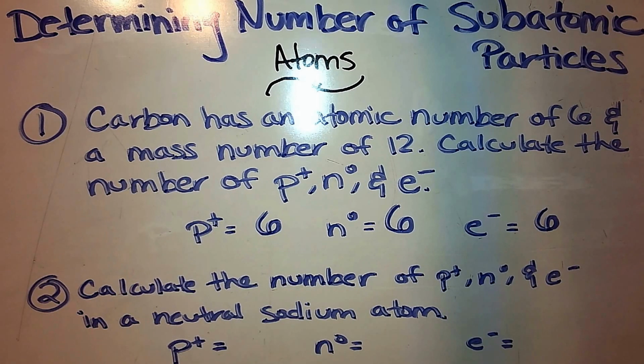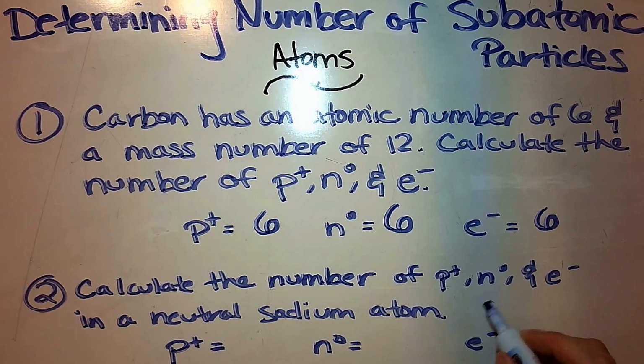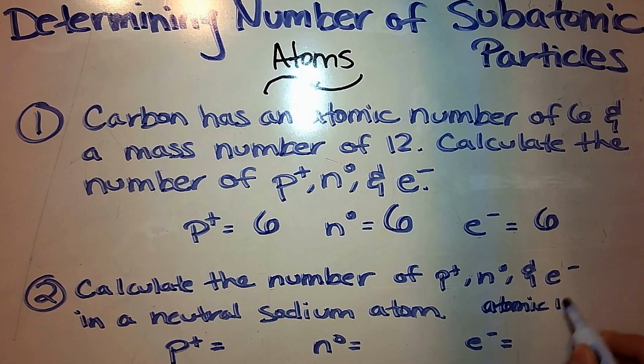Okay, number 2. Calculate the number of protons, neutrons, and electrons in a neutral sodium atom. Well, it may be beneficial with a question like this to take a look at the periodic table and find the atomic number as well as the mass number. The atomic number for sodium, so sodium symbol is Na, is 11. And the mass number, remember to round that when you're doing these problems, is